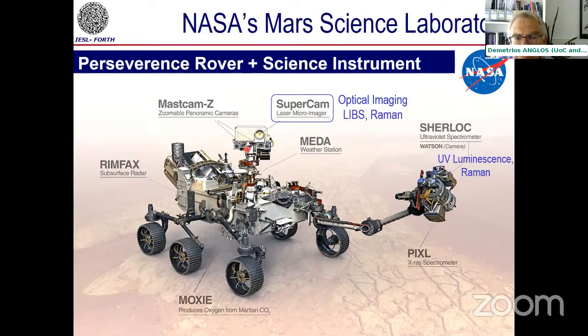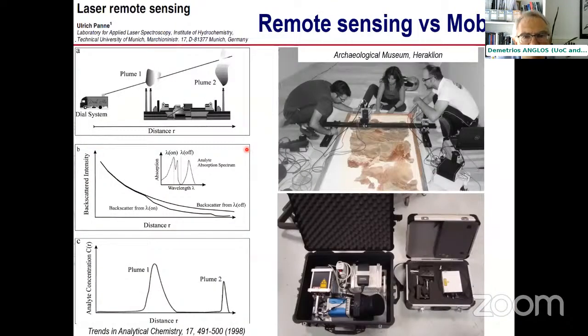Then there are two different laser systems. One is a visible laser, and through a telescope can be focused on the surface of the area selected and perform Raman measurements. The other is a pulsed laser and can perform LIBS measurements. So this is really a beautiful example of remote and mobile analysis altogether. So since we're talking about remote sensing or remote analysis and mobility, let's see roughly how these two can be